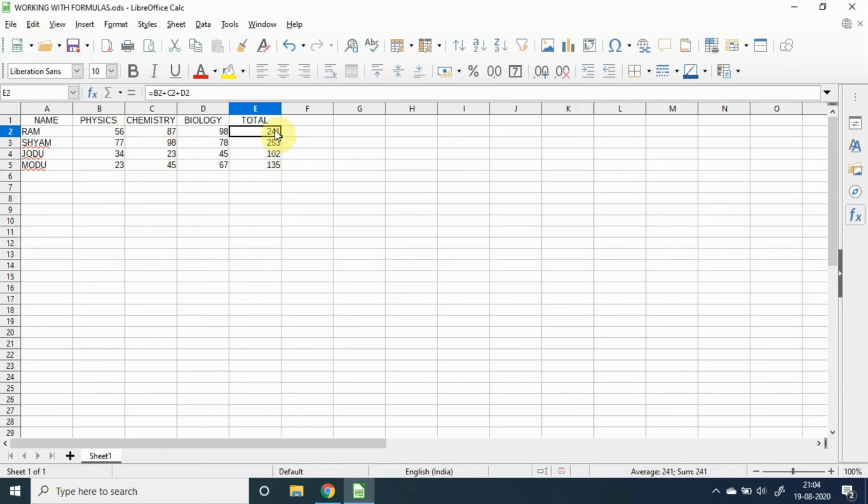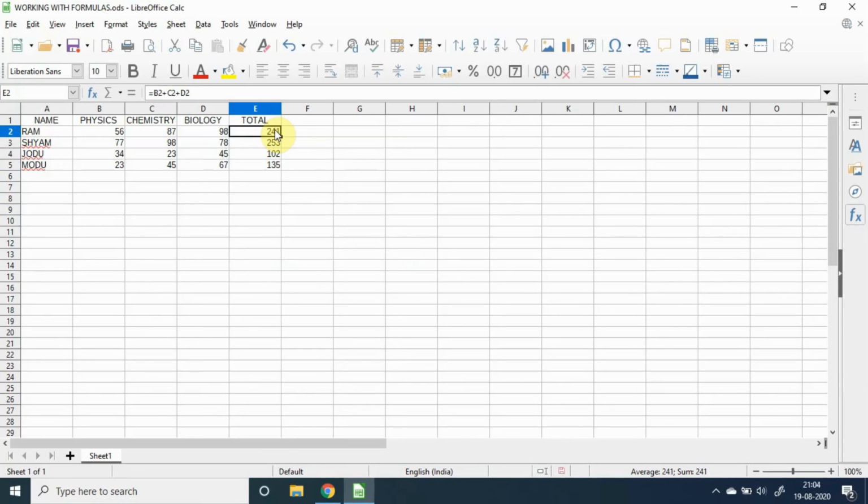That means in absolute cell referencing, if in the cell E2 the formula is B2 plus C2 plus D2, and if we copy the formula to the other cells like E3, E4 and E5, in all the cells the formula will be B2 plus C2 plus D2 only. The cell addresses will not change like it happened in the previous case.